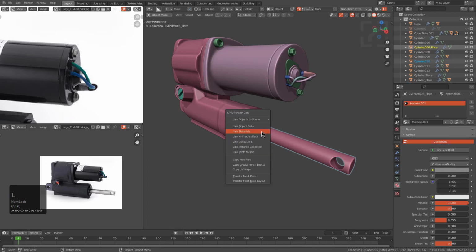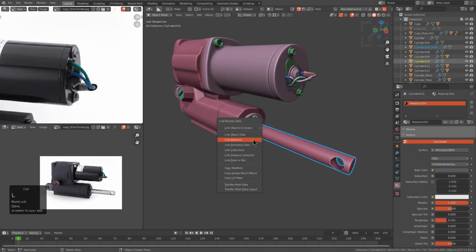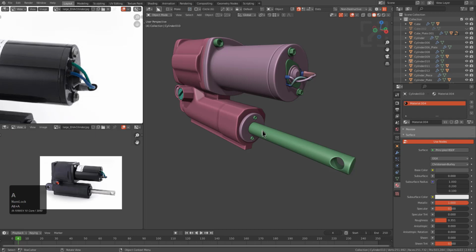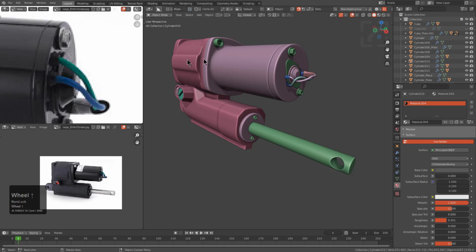Sorry, wrong hotkey. Control L. We want to select this and then this. Control L, link materials in order to link these to that. And just looking at this piece in the middle,